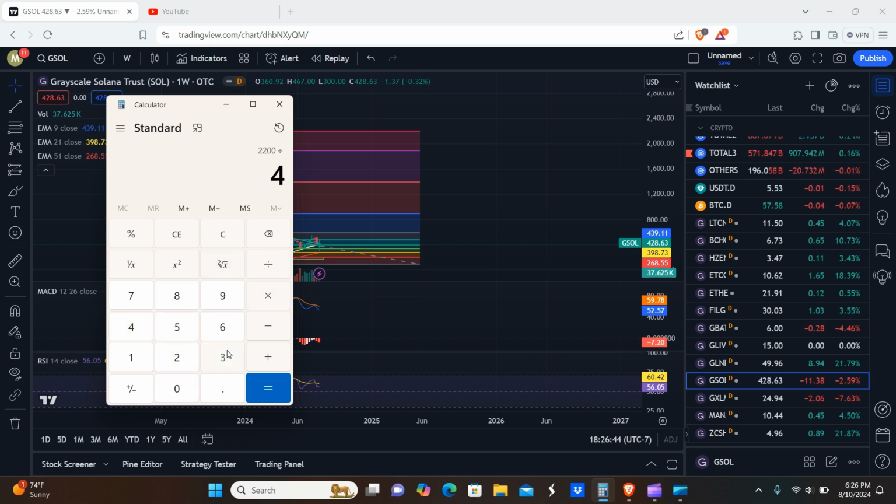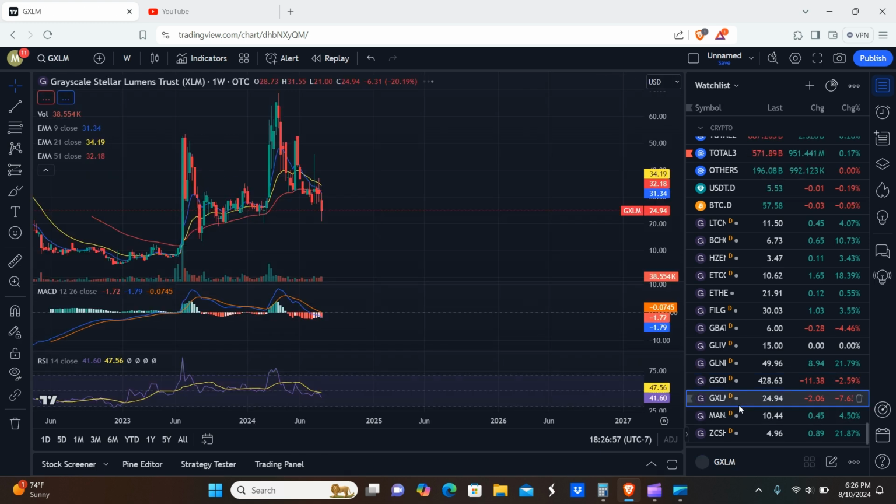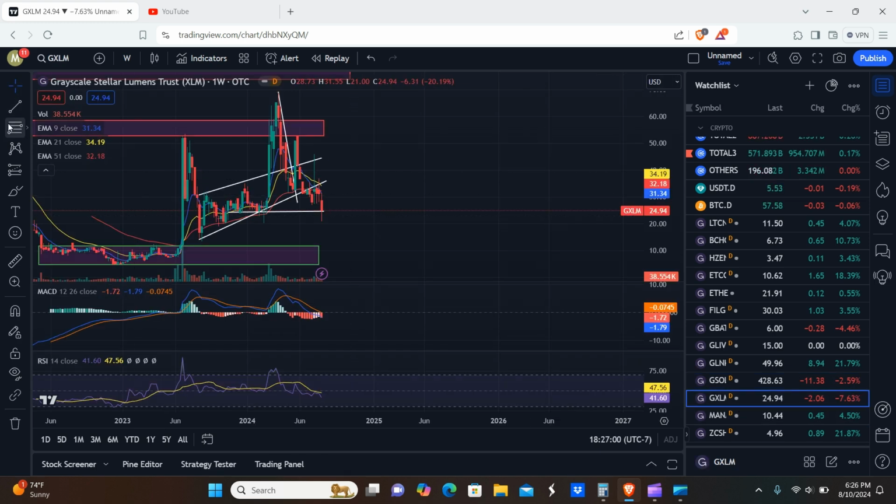I know a lot of people are bullish on Solana, so it wouldn't surprise me if this thing hit like 3,000. So 5x, not bad. Once again, I would have been looking to roughly about 10,200. I would have been looking to buy down here towards the lows, but it just simply didn't happen.